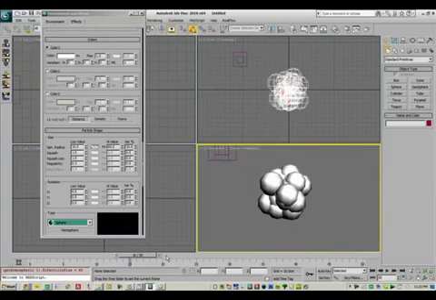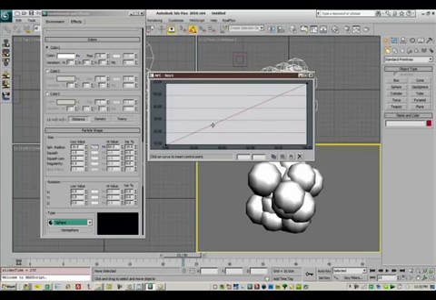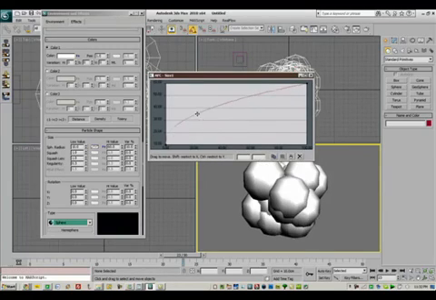But the thing is, we actually want this to happen earlier because the particles shoot out really quickly, and it's not till later they slow down. So we want the expansion to happen quick as well. So by clicking on this, we can add in a point just by clicking on it, and we can raise this